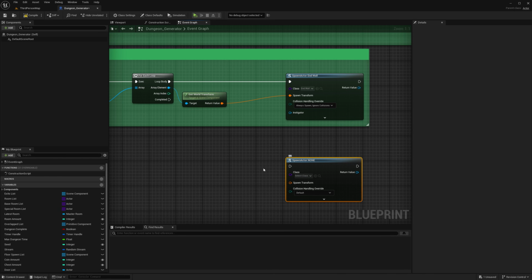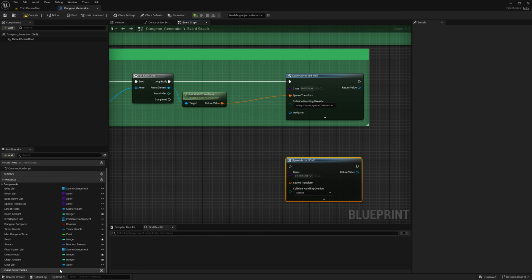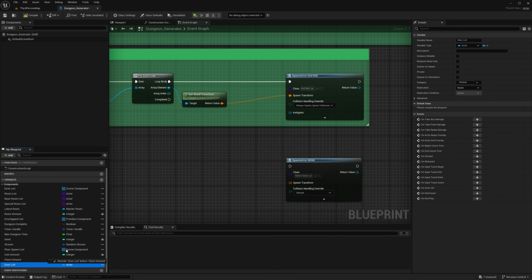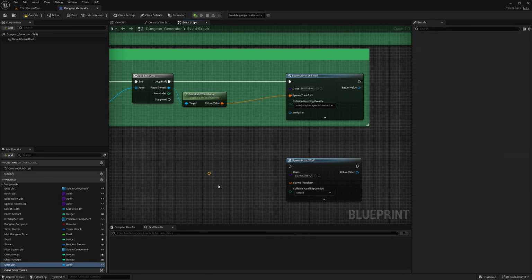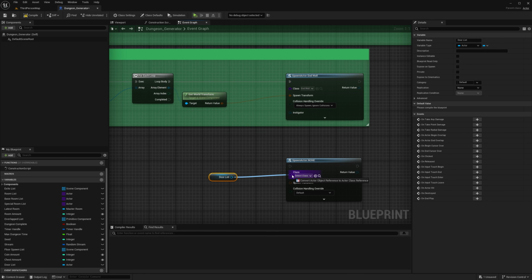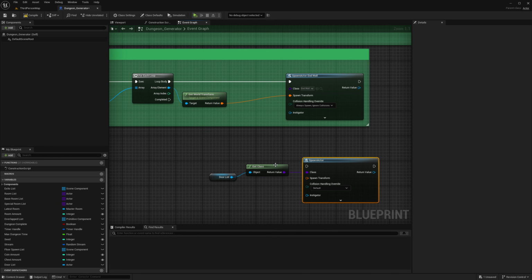So now we spawn an actor. Then I take this actor thing we made, drag it out and get it, and then you see it doesn't fit. It turns it into something else. And I cannot explain to you how this works because I'm not sure what's going on here.